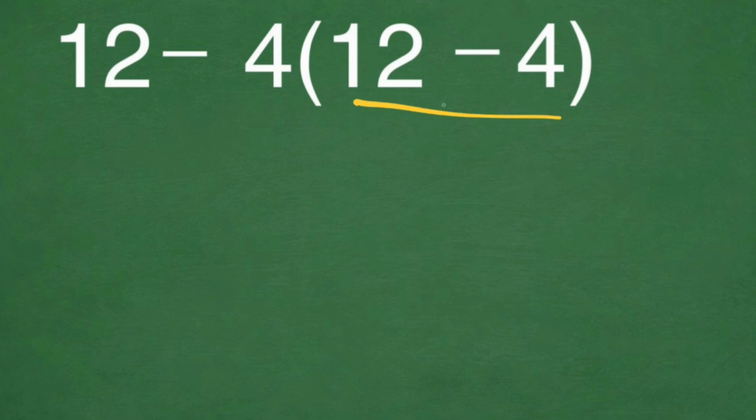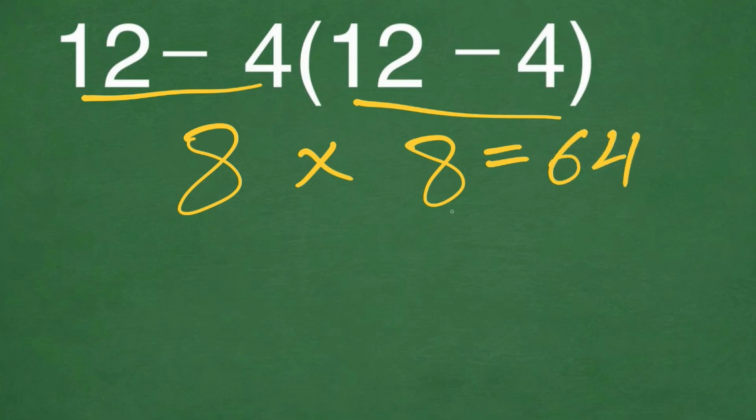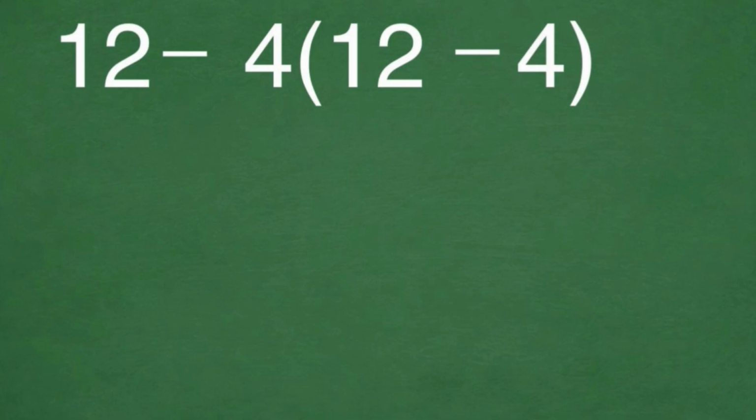12 minus 4 gives us 8. And again, here we have 12 minus 4, which again gives us 8. And 8 times 8 is equal to 64. But this answer is not correct, because according to the order of operation, PEMDAS,